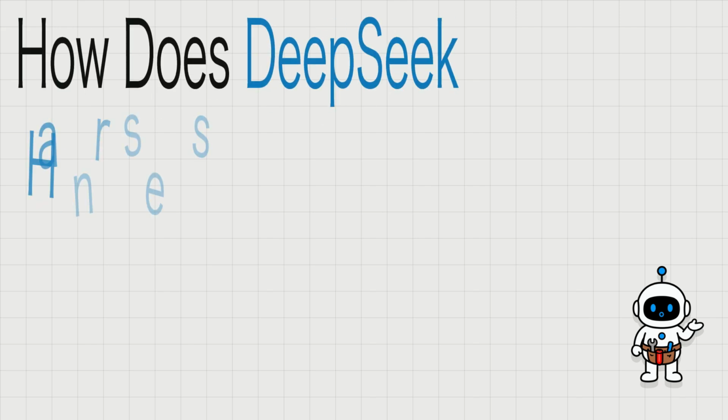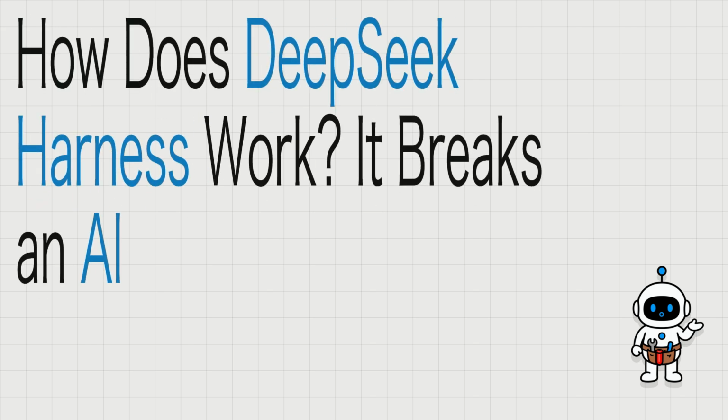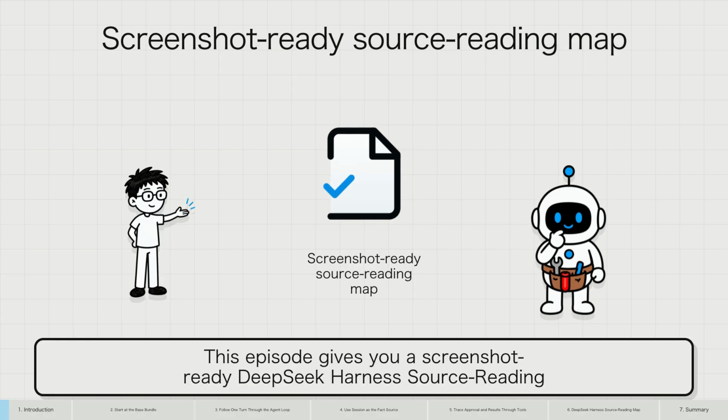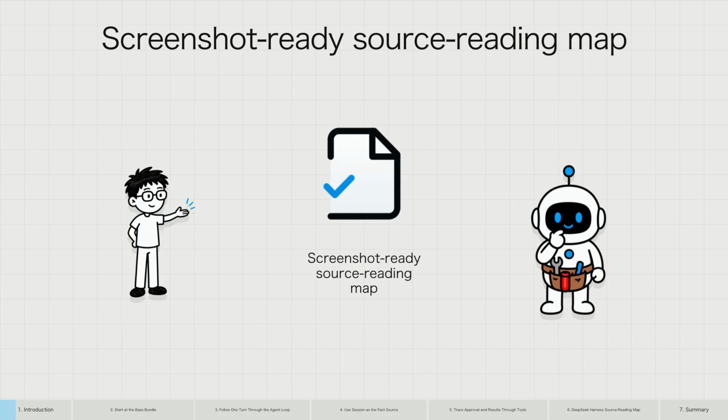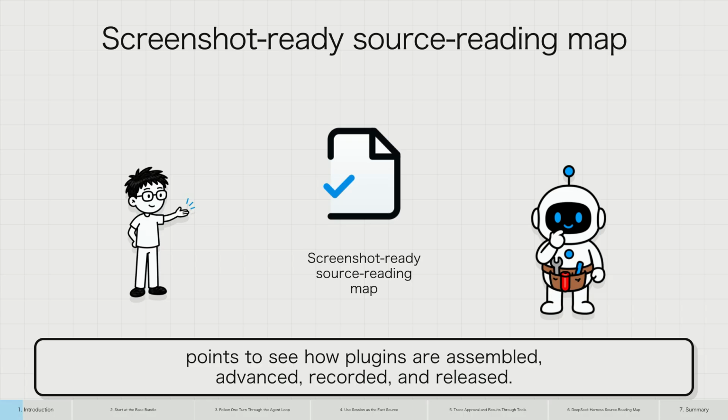How does DeepSeek harness work? It breaks an AI agent's capabilities into plugins. This episode gives you a screenshot-ready DeepSeek harness source reading map. Instead of guessing through the repository folder by folder, use 4 entry points to see how plugins are assembled, advanced,